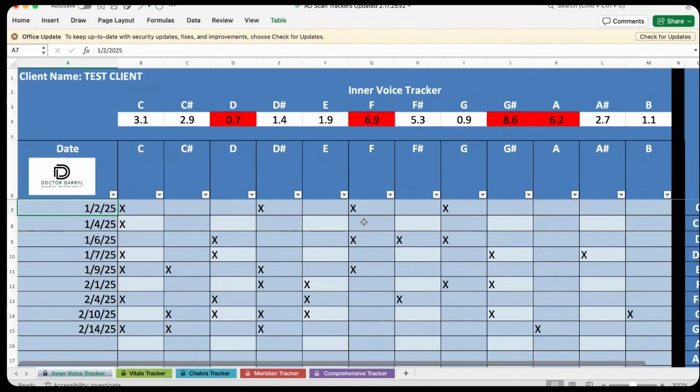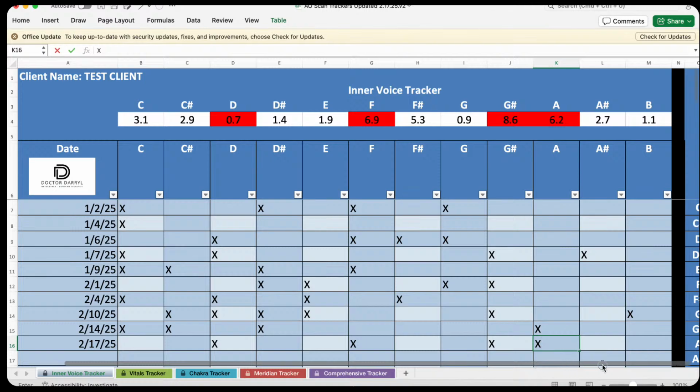So when you want to track what has been out of balance, that is this portion here in the center, which you've already been doing. Let's say this is somebody else's scan, but I was tracking it. I would just come down here, put in today's date, and then just put X's right where these are. So D, there's an X. F, put an X. G sharp, put an X. And A, put an X. And when I do that,